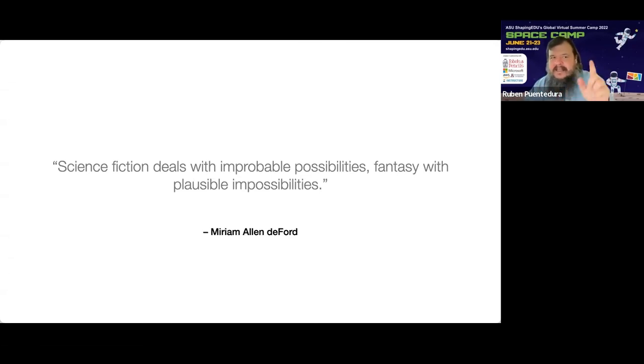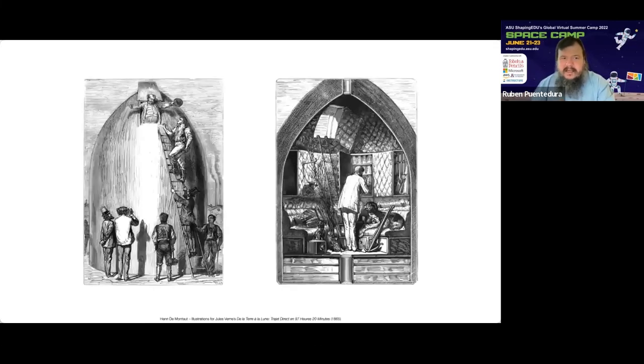But think about it this way: that improbable possibility is exactly where things need to be to start to give us that lens, that perspective that allows us to see what's coming down the road. And I want to emphasize that it's the metaphor of those improbable possibilities, which is exactly what black swans are. At the end of the day, science fiction is, in a way, talking about black swans.